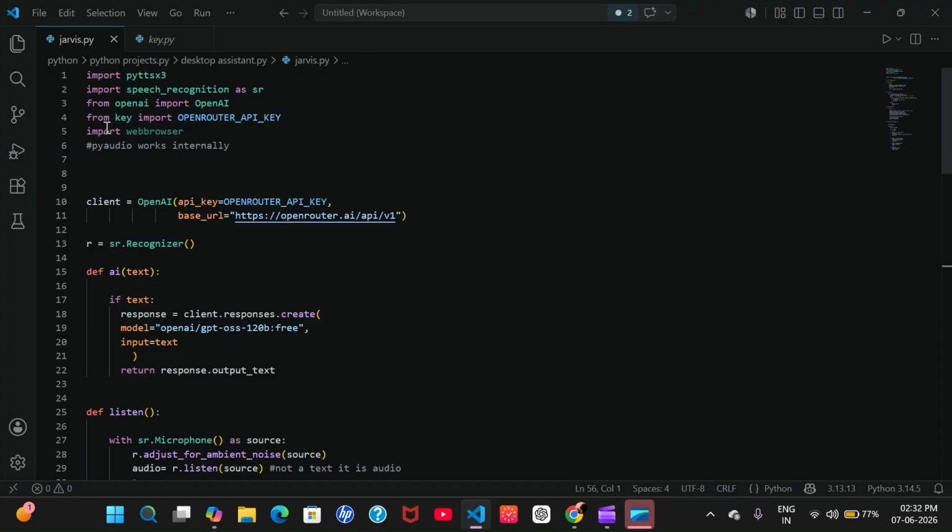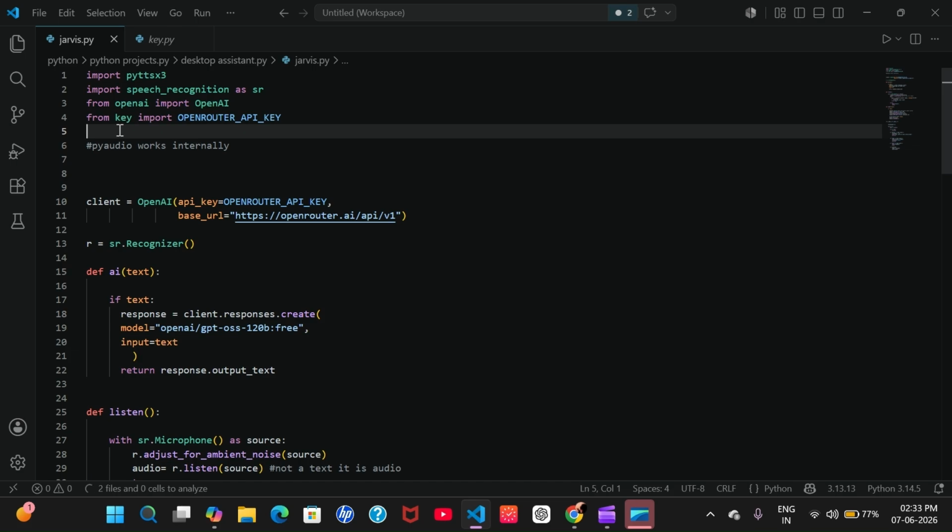And I am in the file key. In the file key, I put my API key there. How? I made a variable OpenRouter API key and stored my API key there as a string. Okay, so I'm importing the OpenRouter API key because I will need it.